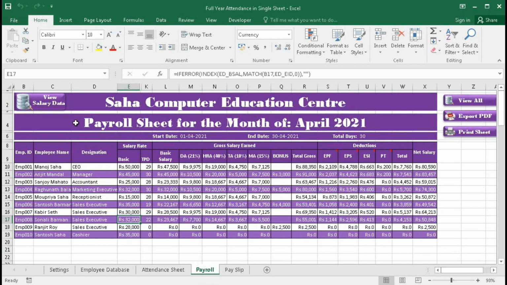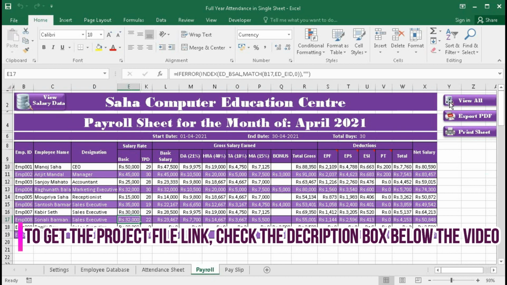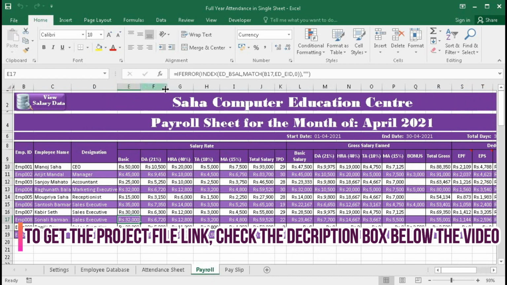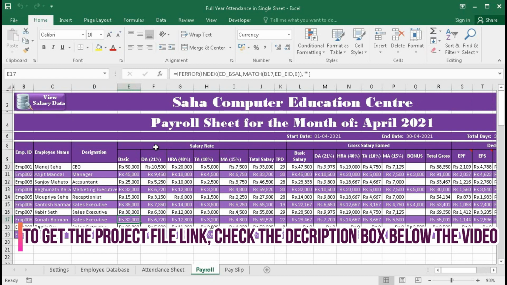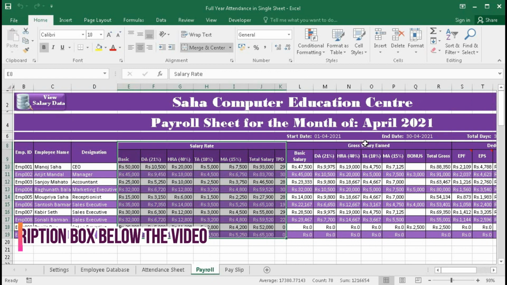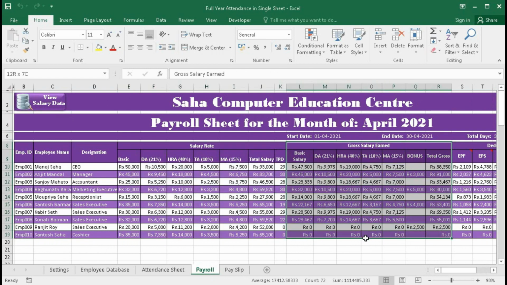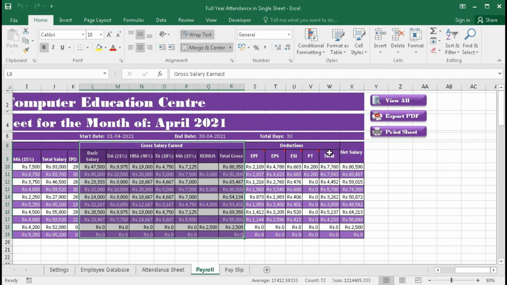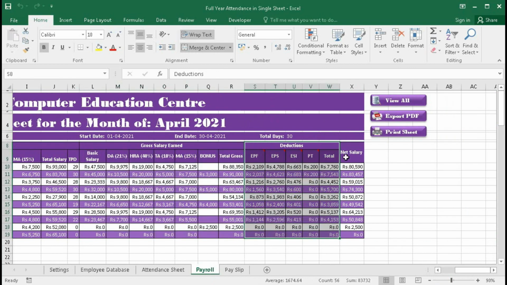In the payroll sheet, you can see there are a few buttons like view salary data, view all, export PDF, print sheet. So what is view all? When I click on view all, you can see some columns are hidden. If I click here, these hidden columns will get unhidden and you can see total salary rate, gross salary, the deductions and also the net salary.